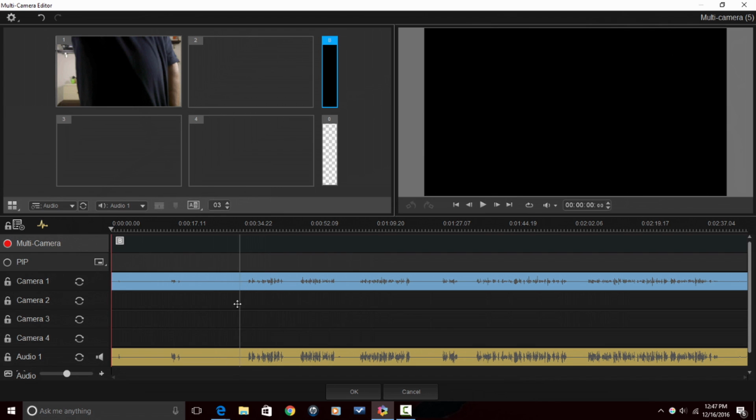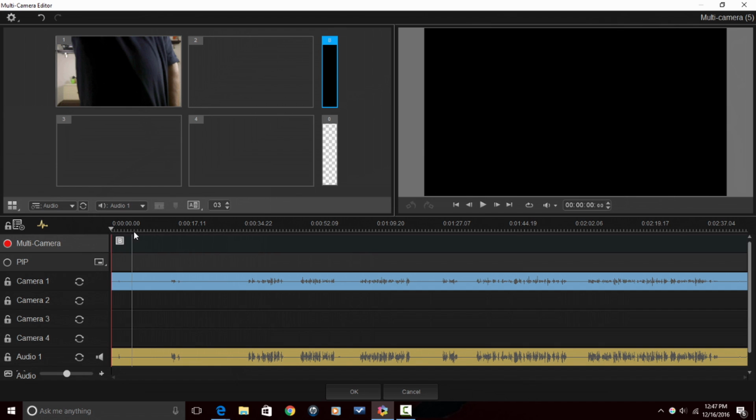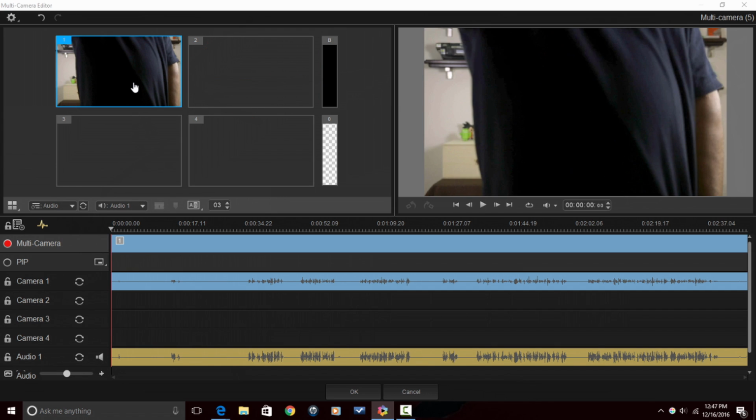Now the audio from both of these tracks is identically synced, so that anytime I play this now, everything is matching and all beautiful and lovely. Now, if I were actually going to change angles and things like that, then I would just use this just like the regular multicam editor, and I would press play, and then I would go ahead and capture all the different camera angles